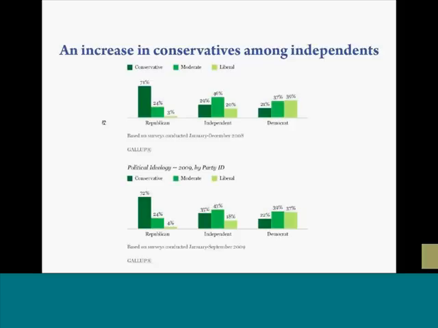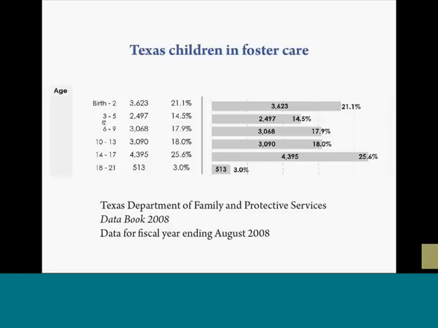Let's take a look at another histogram. This histogram has a few little problems with it that I'll ask you to think about as I'm explaining it. An organization that I volunteer for is an advocacy group based in Austin, Texas called Texans Care for Children, and I do data work for them as a volunteer. They pointed my attention to this report, which they didn't write, from the Texas Department of Family and Protective Services. It just looks at the age of children in foster care in Texas.